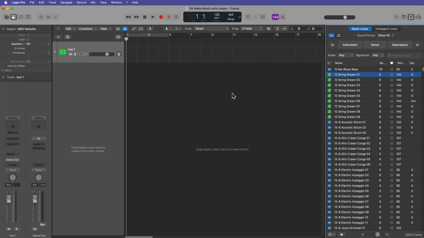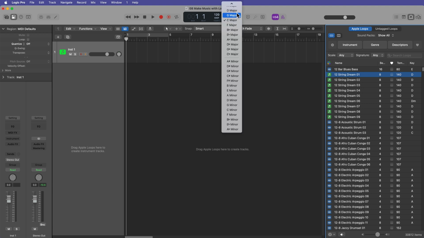One of the things I highly recommend doing before you start dragging in loops is determine what meter and what key you want to work in. So right up here, you can see we're in 4/4 time, and then you can choose a major or minor key. Now, the reason why I recommend doing this is because some loops are major only, some are minor only, some of them don't matter, but we want to make sure that we're only using loops that match our project